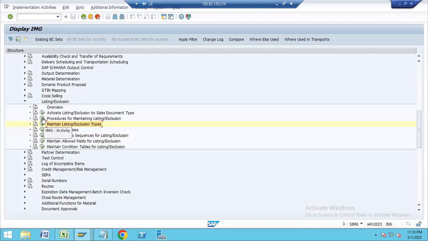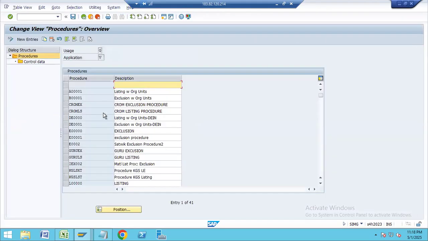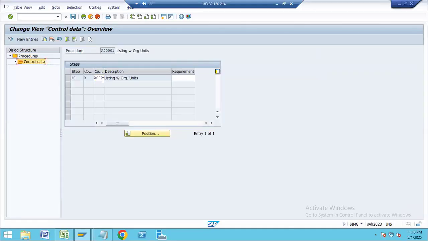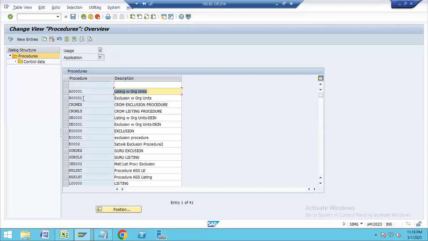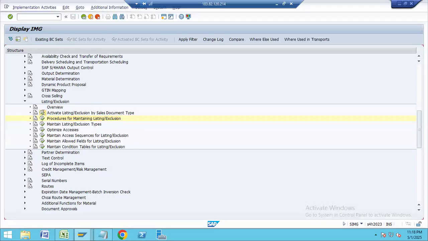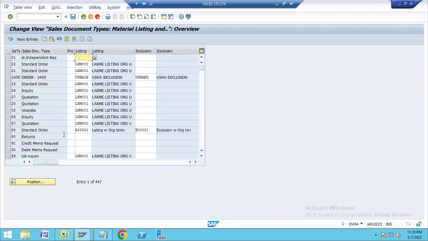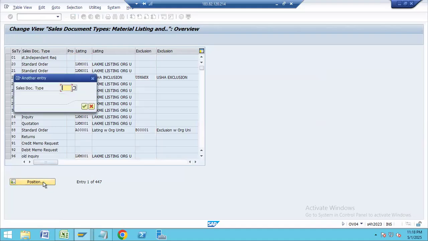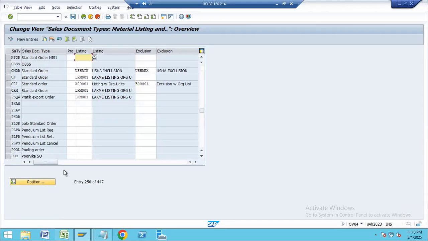Now go to procedure. In procedure, A001, same again. If you control data, A001. Okay, exclusion for B001 procedure name. Activate listing. Here you have to give the main thing. It is for NS0R. Okay. Here A00